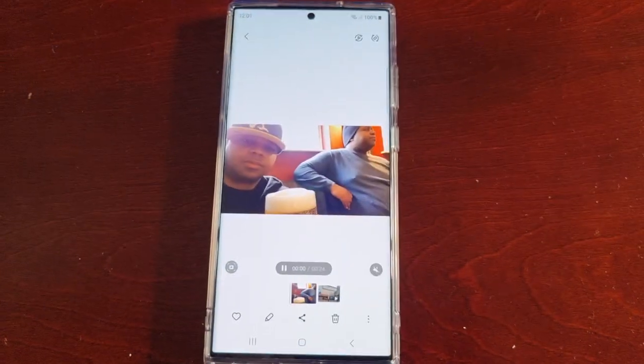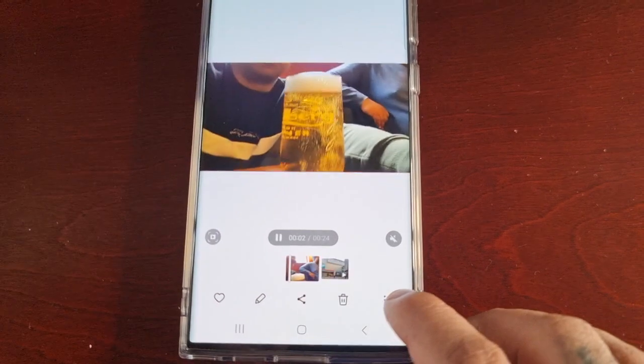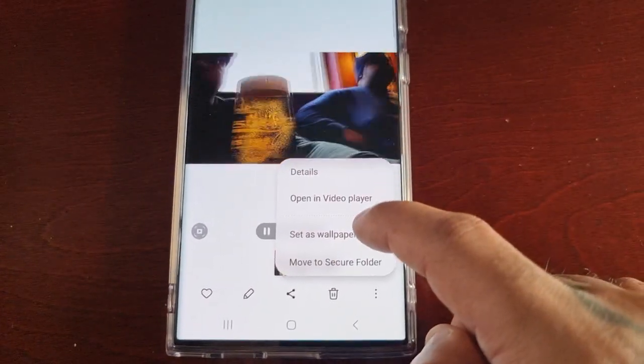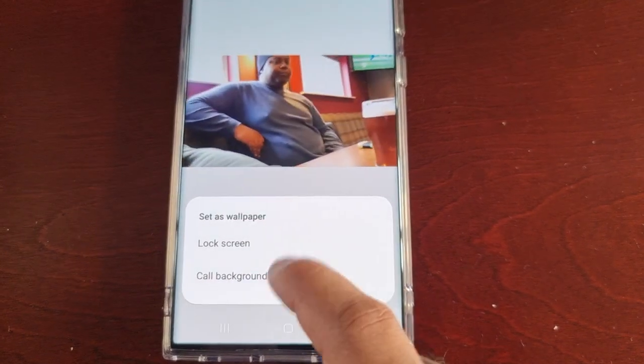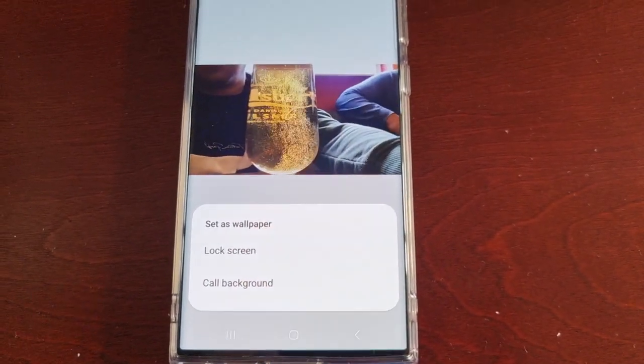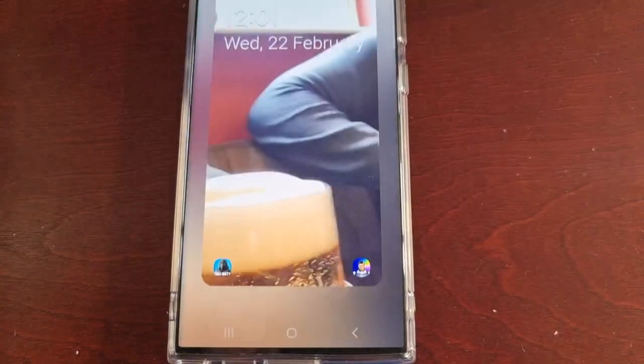So for example, I've got this video here. I would simply select these three little pins and select set as wallpaper, and you get the option to set it to the lock screen or call background. So I'm just going to select lock screen,